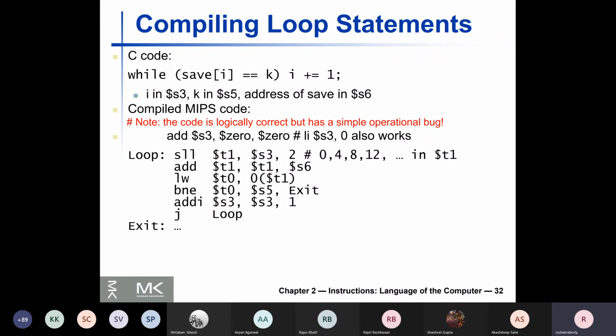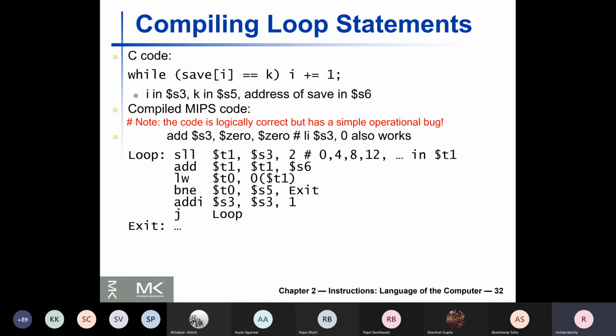There is an array called save. It iterates over the values in the array save, the iterator, a loop variable, is i, and it compares whether every value in the array is exactly equal to some constant called k. It just skips over the array until the first position at which this equality comparison fails, and then it stops.